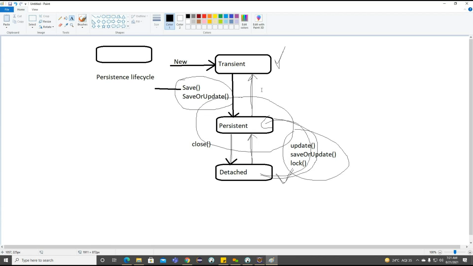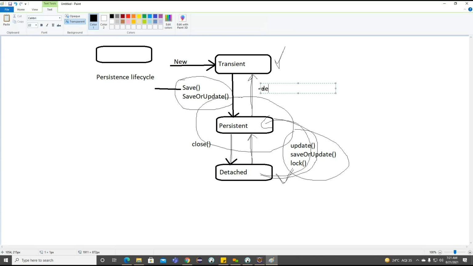So here we have one more method. What is the method? Delete. With the help of this delete, the object is removed from the persistent state with the help of the session. It's nothing but deleting the object from the session.